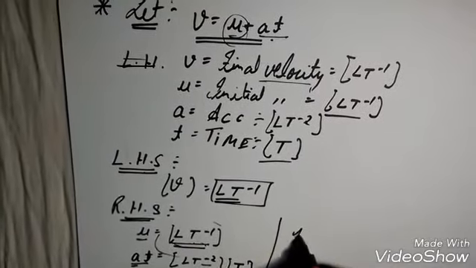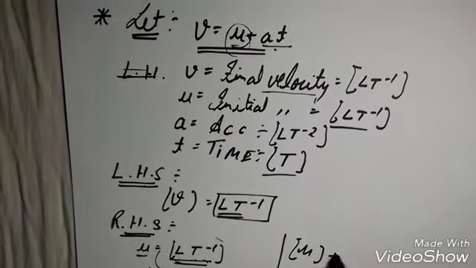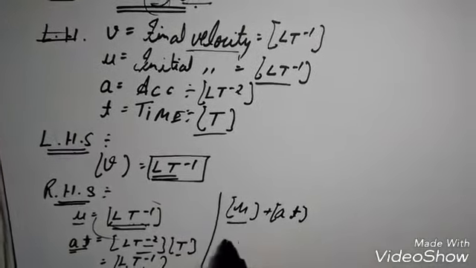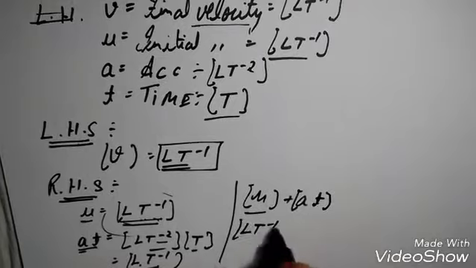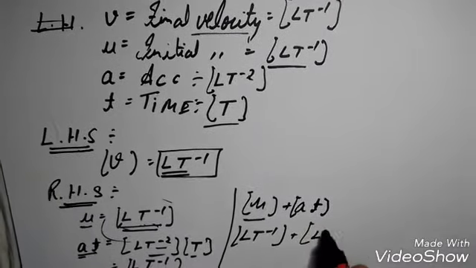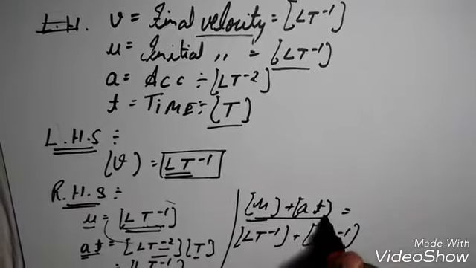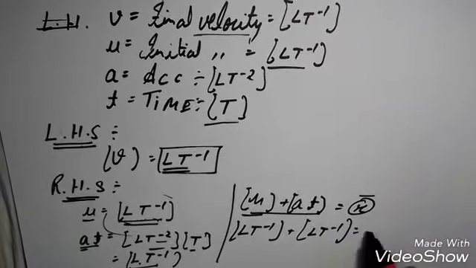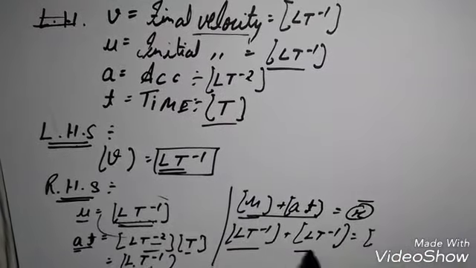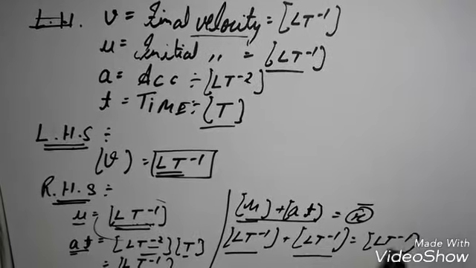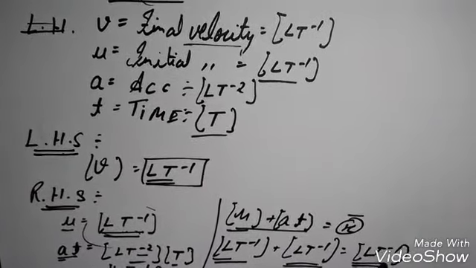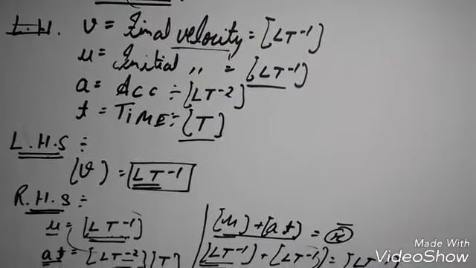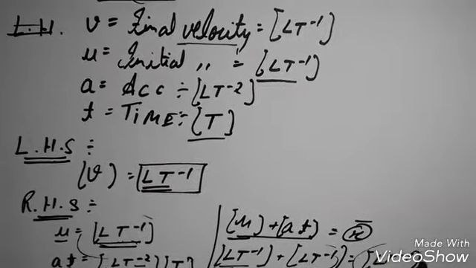This means if the dimensions of U are added to the dimensions of AT, as they have the same dimension formula of LT^-1, they will result in a quantity. Let it be X. It is a physical quantity, and it will also have a dimension formula of LT^-1. As quantities of the same dimensions are added together, it is also a velocity dimension, and both will result in dimensions of velocity.